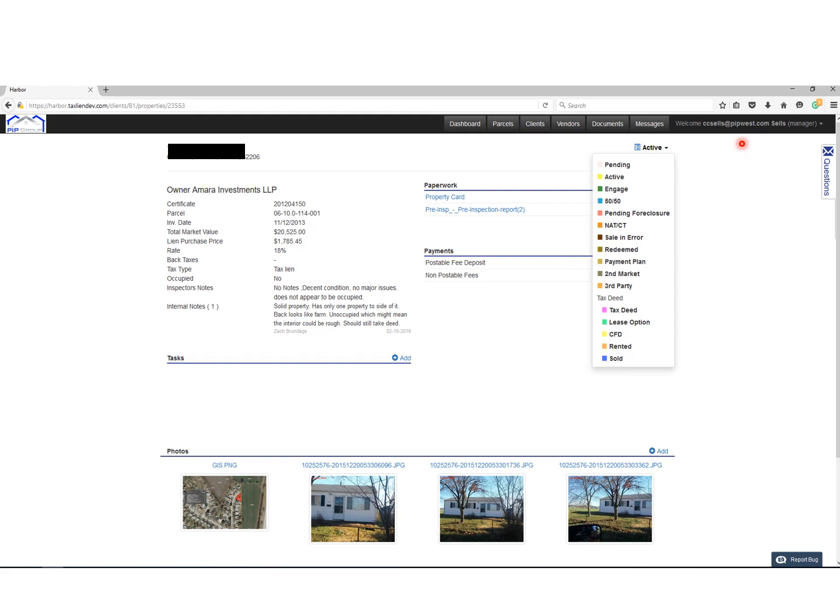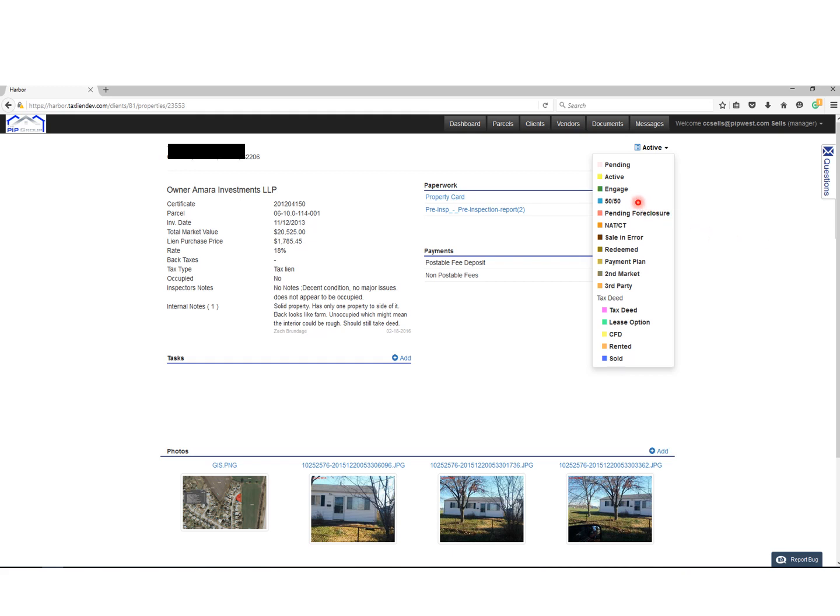Now you can actually see that we're logged in as me, so your dashboard, your screen is going to look a little different than this one. You're not going to have some of these tabs to look at, but the important one to look at is active. So you're in here, and let's say we suggested this one for foreclosure, which we have, and we've clicked that we want to engage. So you don't want to engage. So what you would do is basically just click engage to reverse our engagement.